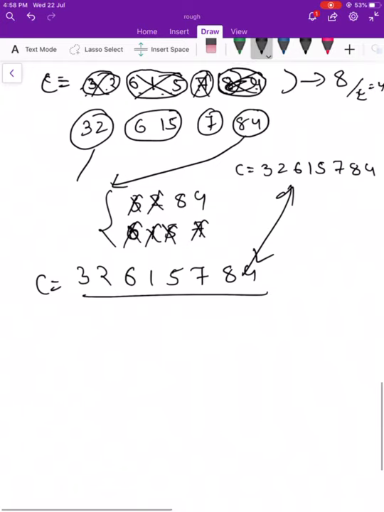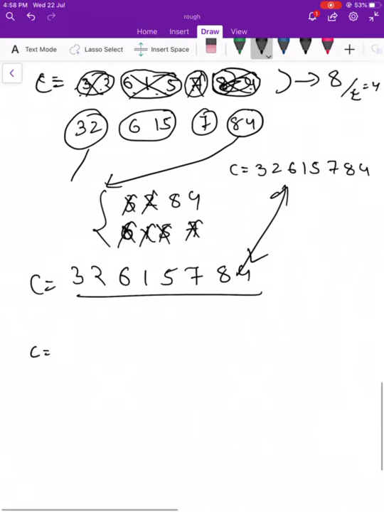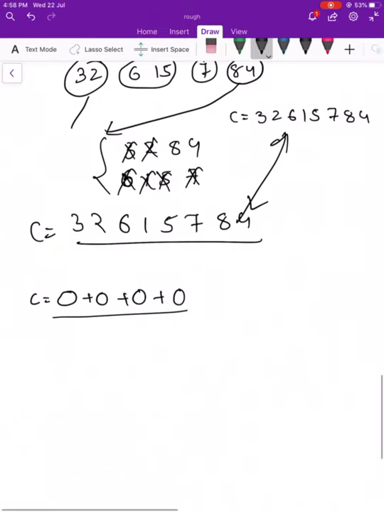So in this way, we have to first identify the parts in C. Once we identify the parts, we have to see whether the combining sum of the lengths of those parts makes n or not.